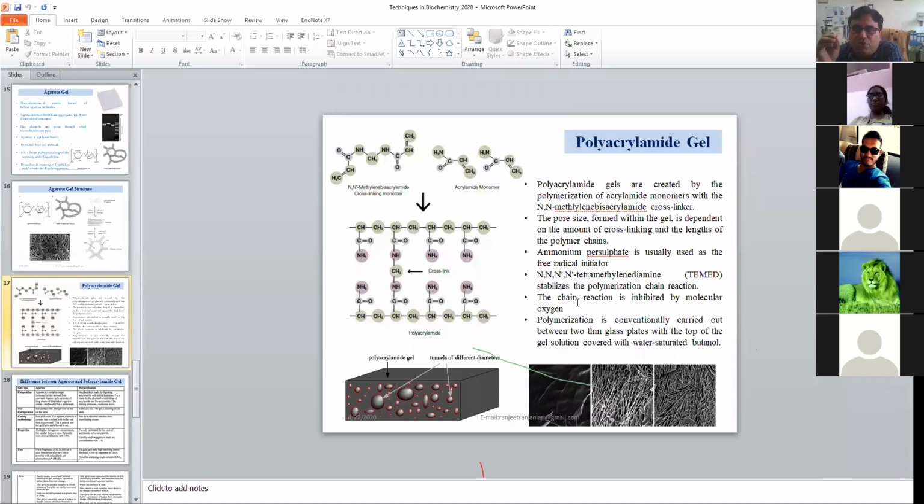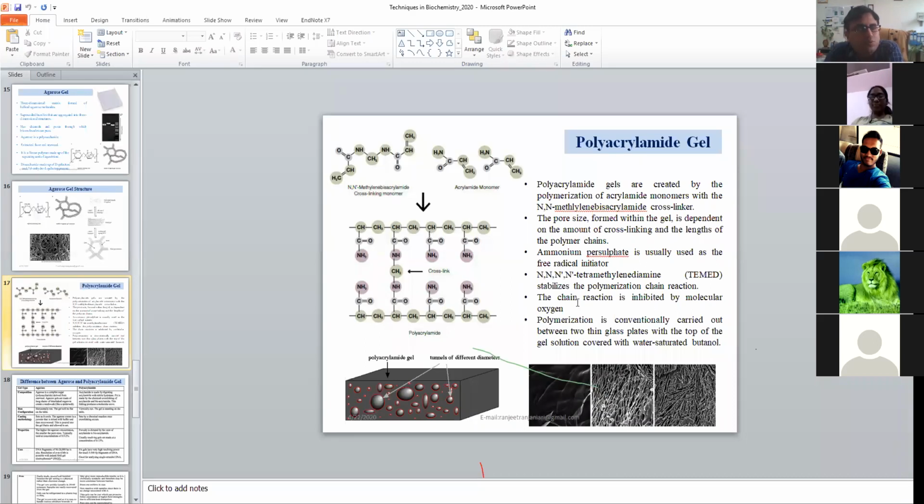It is because of this reason that once we make an acrylamide and bisacrylamide mixture solution, we go for degassing. Degassing means in vacuum condition, we are going to extract all the oxygen molecules which are present in this solution. This is called degassing of acrylamide and bisacrylamide. So the purpose of degassing is to remove the oxygen molecules so that the polymerization should be perfect.